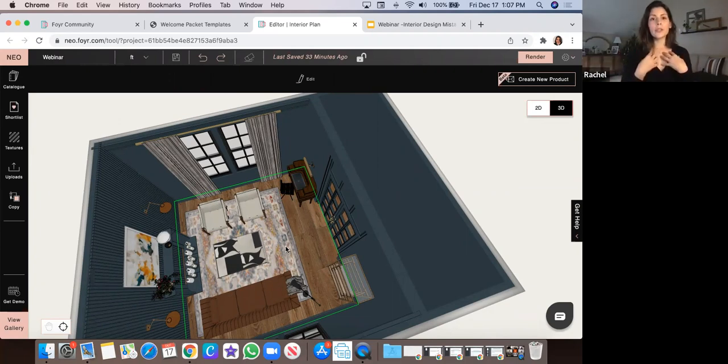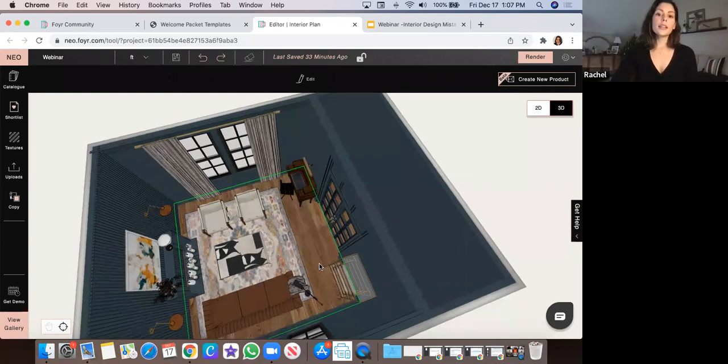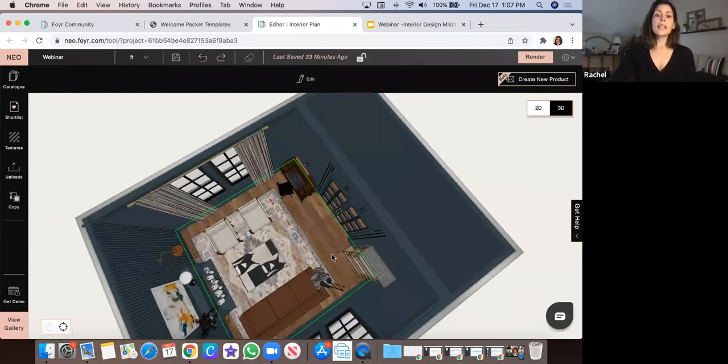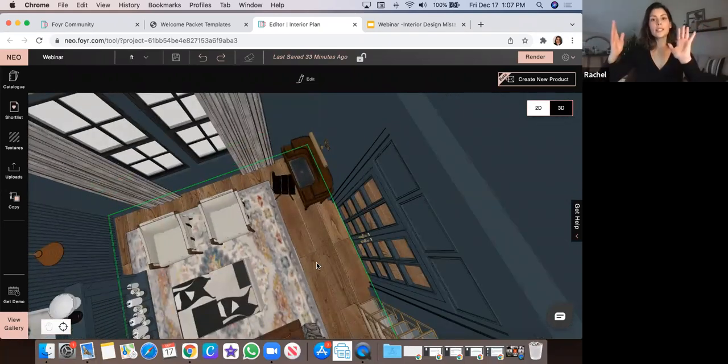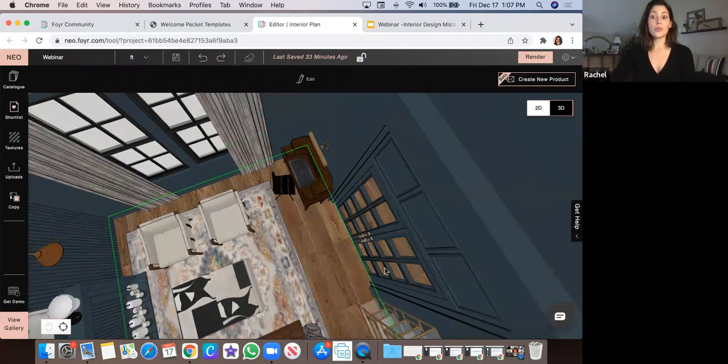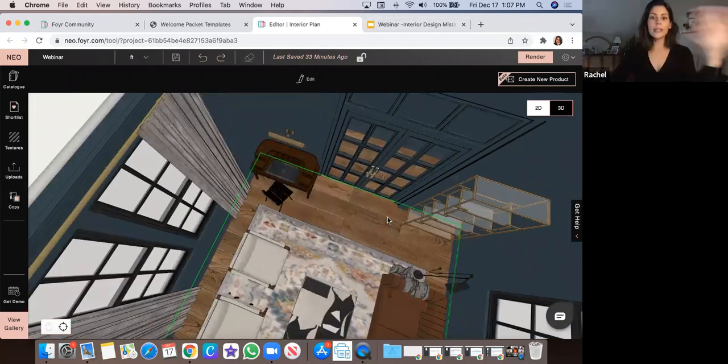If you're like me and you tend to be more neutral in your design style, this is a way of taking a cue from that and using the same percentage and mimicking it in the space to make it an easier process for you. Okay, but still being super creative.